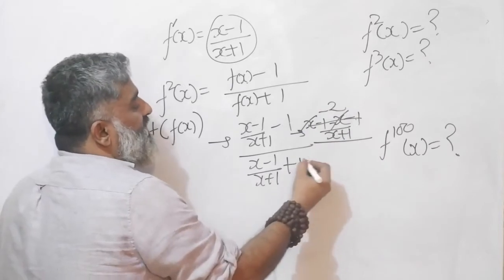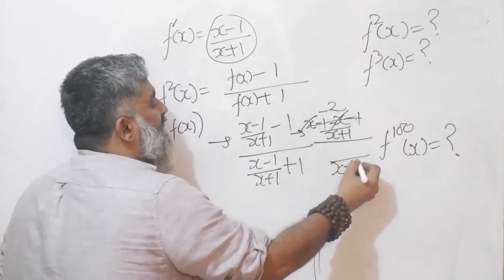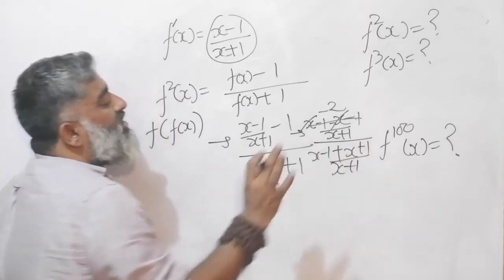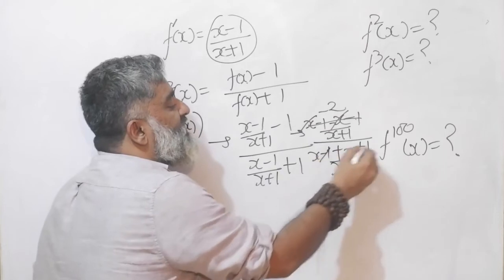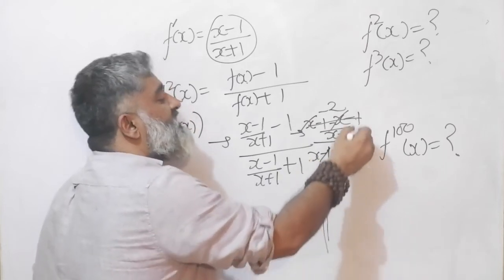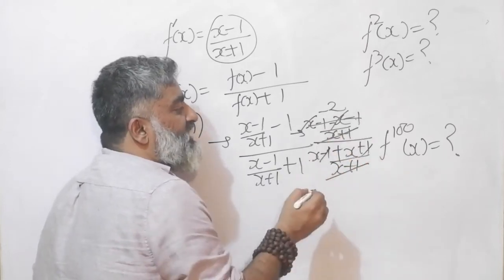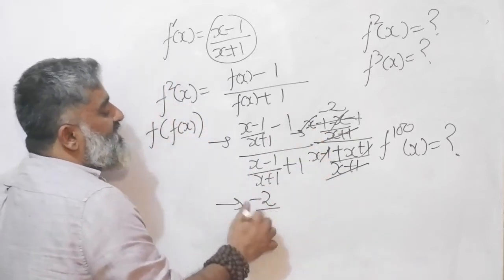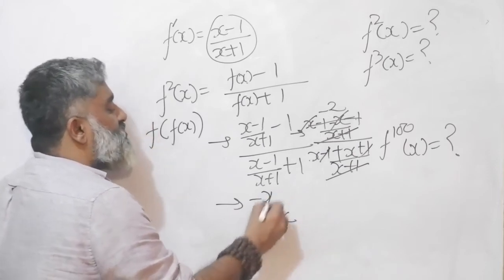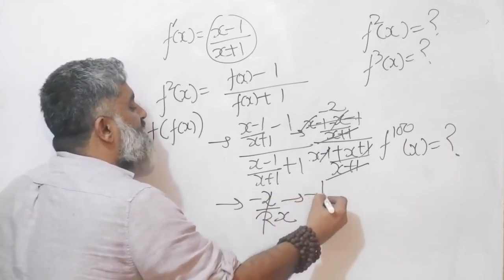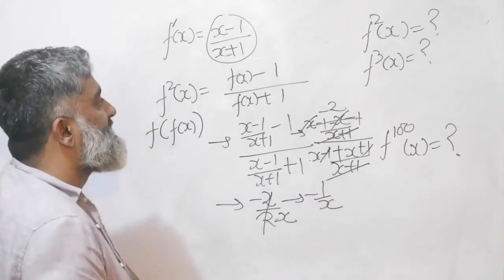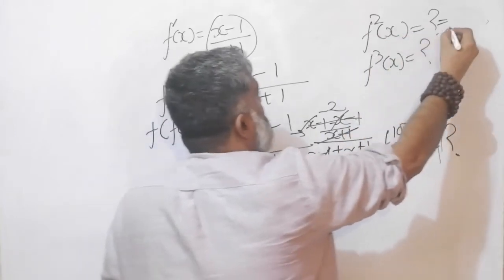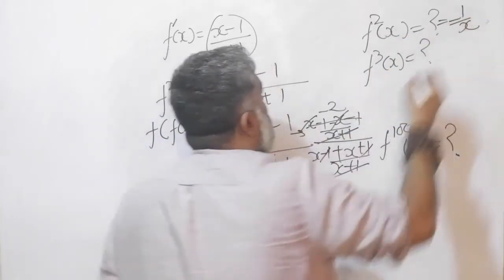The x plus 1 here. The same story in the denominator. You have an x plus 1. This x minus 1 will be so. You will get a plus x plus 1. How? I'm assuming you can figure out. Minus 1 plus 1 will get cancelled and you will get a 2x. This x plus 1 and x plus 1 will also get cancelled. So finally what you are getting is, in the numerator you have a minus 2, and in the denominator you have a 2x. The 2 will also get cancelled, and finally you are getting a minus 1 by x. So capture this value in your notebook. f2 of x is the same as minus 1 by x.